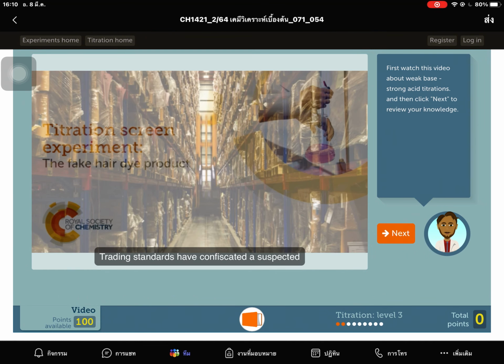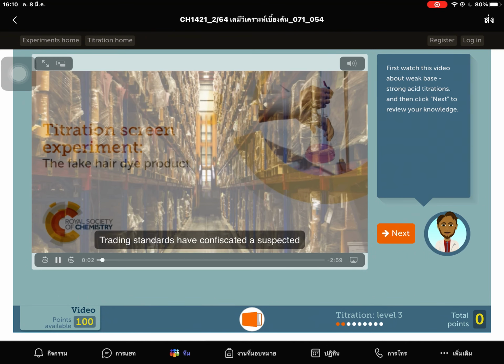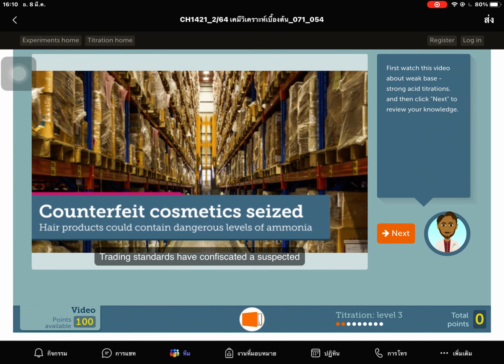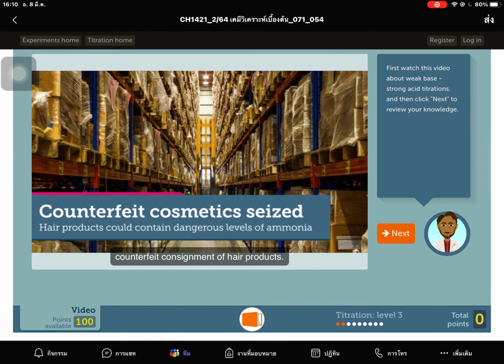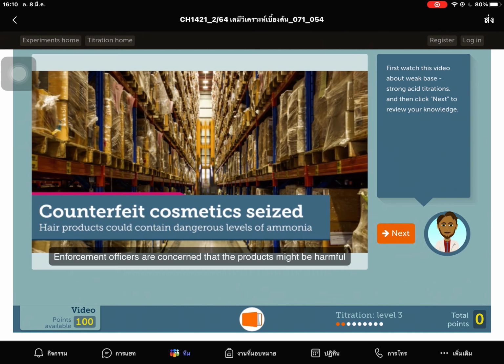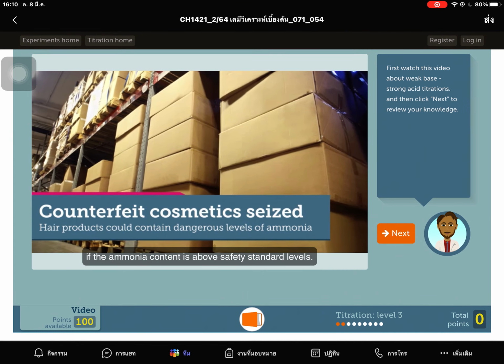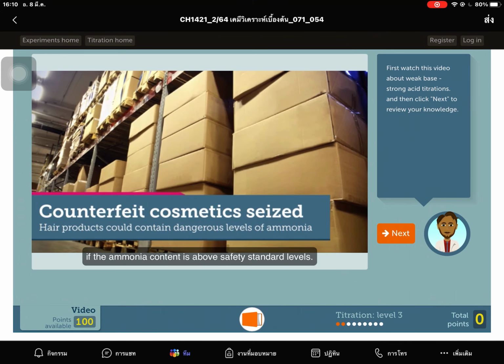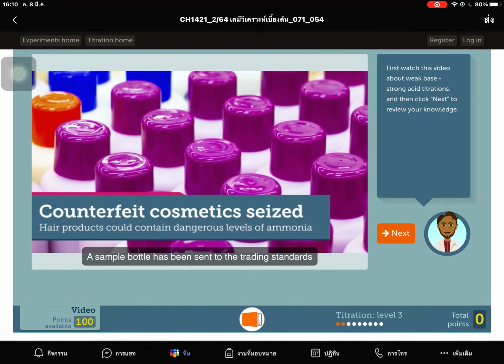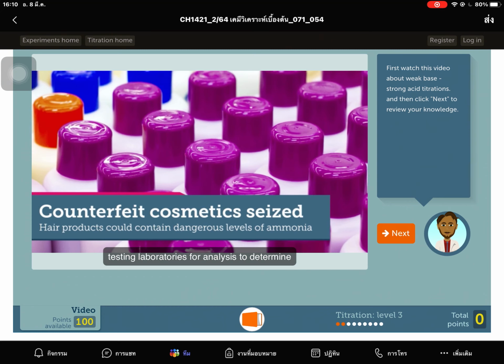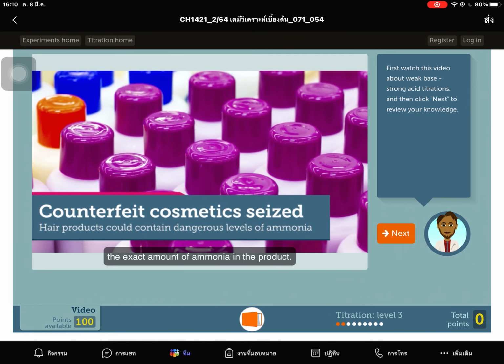Trading standards have confiscated a suspected counterfeit consignment of hair products. Enforcement officers are concerned that the products might be harmful if the ammonia content is above safety standard levels. A sample bottle has been sent to the trading standards testing laboratories for analysis to determine the exact amount of